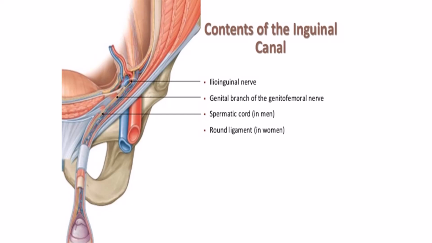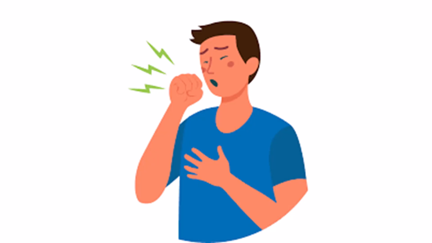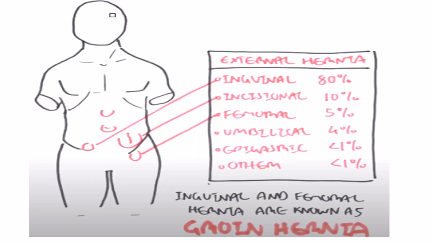About the defense mechanism of the canal, what does defense mechanism mean? We know this inguinal canal is a site of potential weakness in the abdominal wall because it's a passage. So whenever there is an increase in intra-abdominal pressure, like coughing, heavy lifting or straining during defecation, there is a chance that structures can herniate. Normally the structures passing through it are, as I told you, the spermatic cord, round ligament of uterus and ilioinguinal nerve. But besides these structures, if pathologically the gut or other parts come out, they herniate through it.